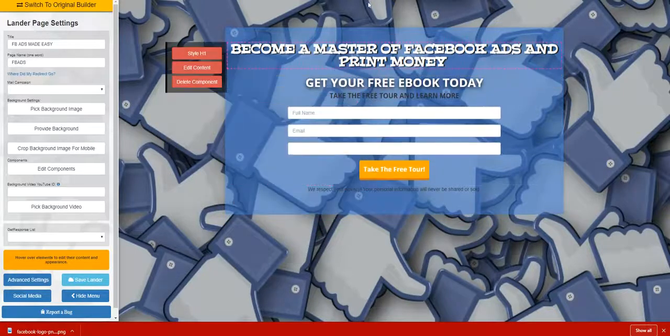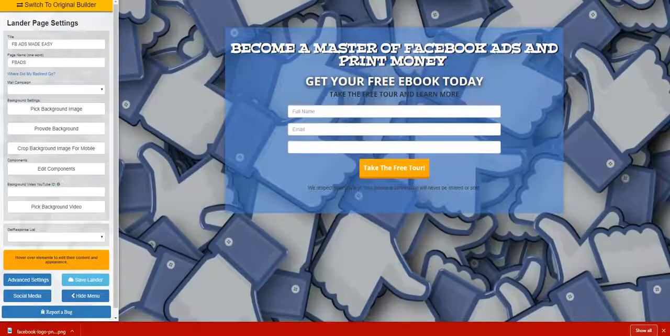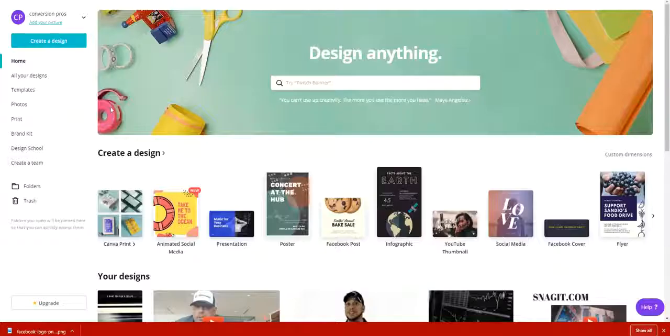All right, so we got the base set up. We'll go back and mess with this a little bit more and dress it up a little bit. But now what I wanted to do is go over to Canva. It's free graphics. You just need to set up a free account. Once you're in, you can look for templates,